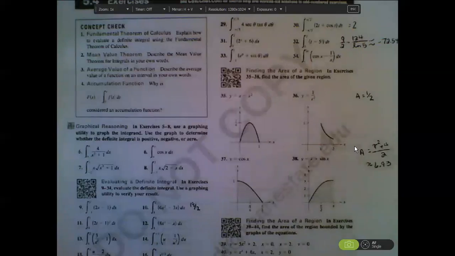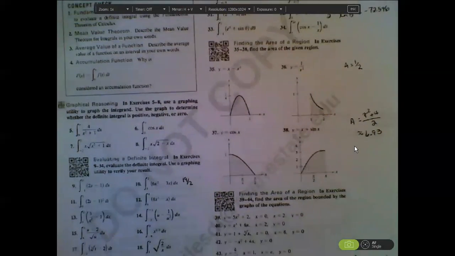Okay, let's start with 5.4 first. Do you have any questions from the homework? There are about 2 problems from 5.4 in the homework, 2 or 3, but one would be a definite integral that to